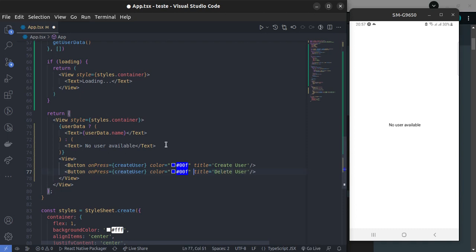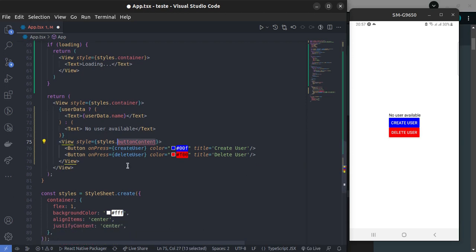I just put here and create another to delete user. Don't send the data. That should be ready, and that's maybe another function. Just delete user. That's great, but now we need to create a more style to this button. I need to style here and put styles to button